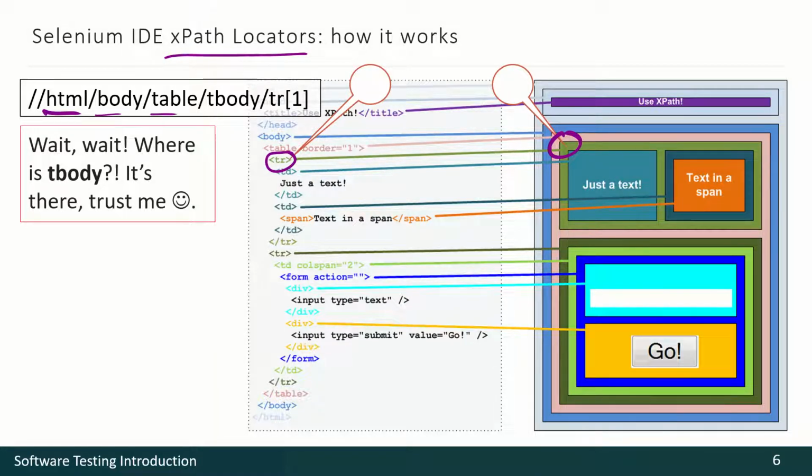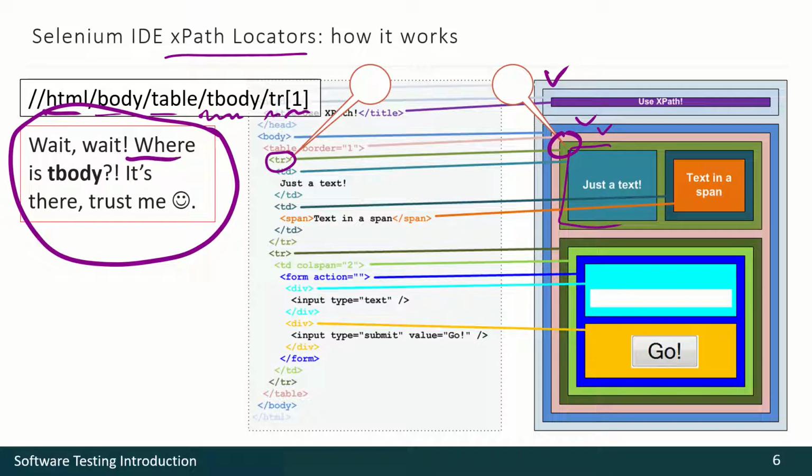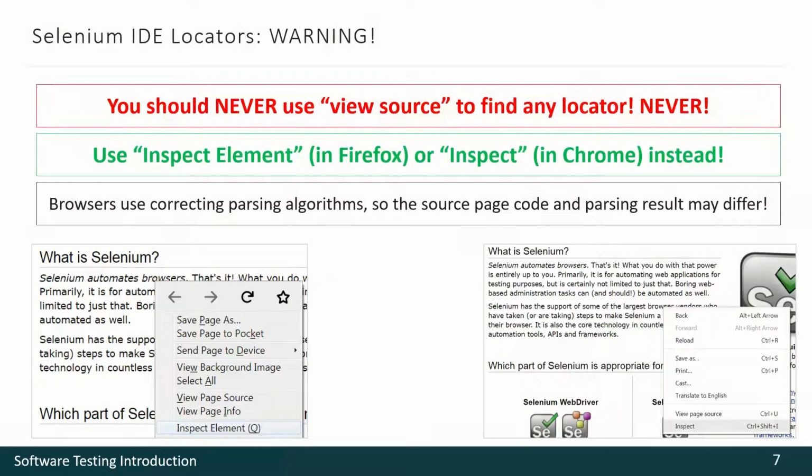It is HTML body table, the table body, we shall discuss it later, and table row number 1. So this is HTML, this is its body, this is table, and this is the table row number 1. And if you want to know where the table body is, you see it here, but not here, and not here. This is the answer.